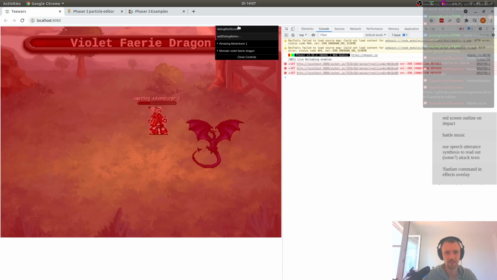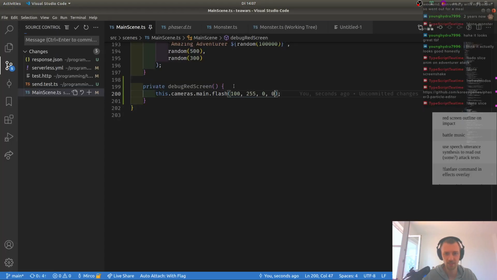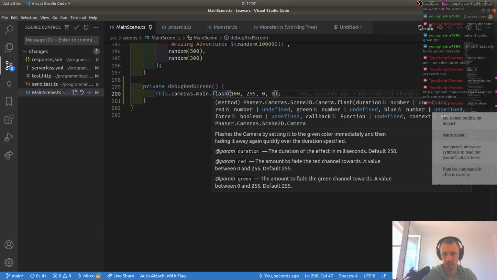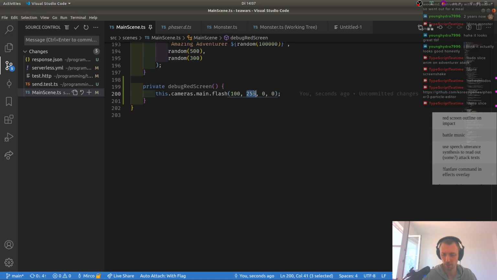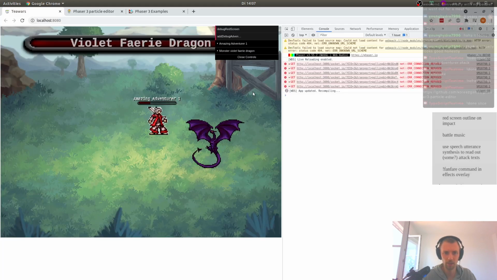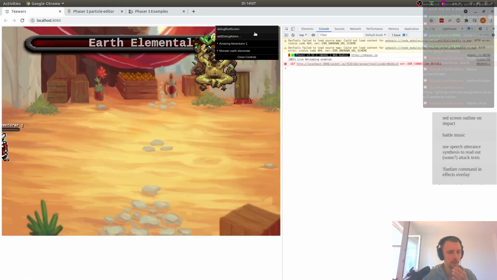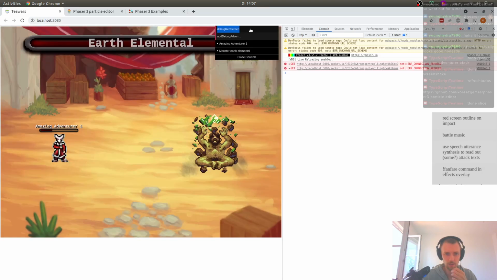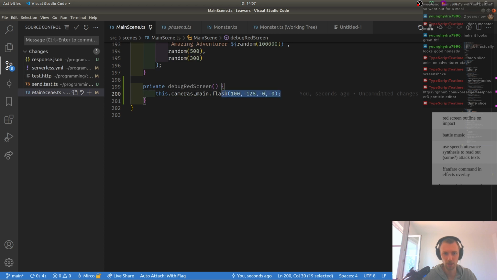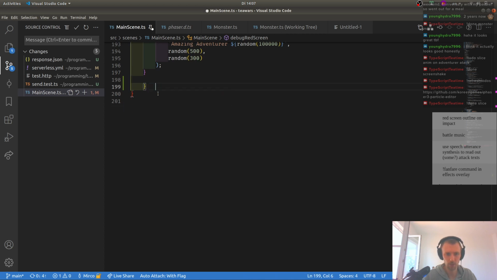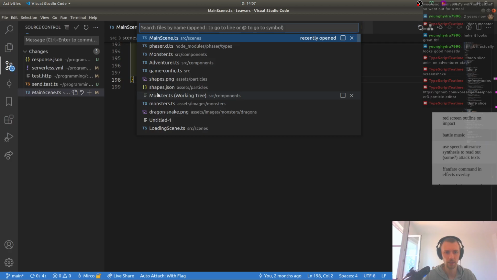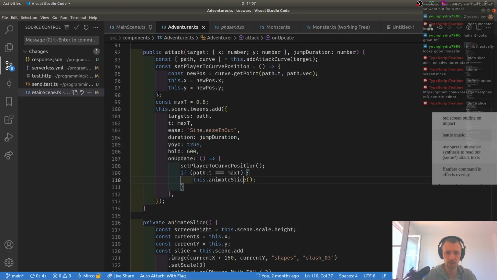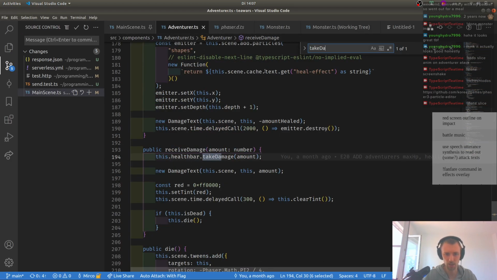Sweet. I like that. The red is maybe a bit too strong, maybe like 156, 128 is halved. Yeah, that works. So maybe if we put this on the adventurer inside of take damage,